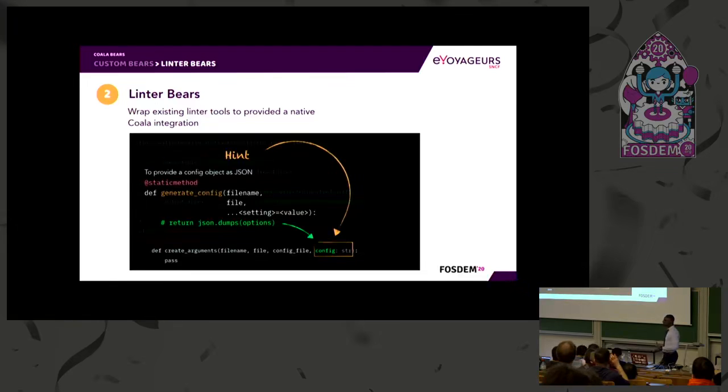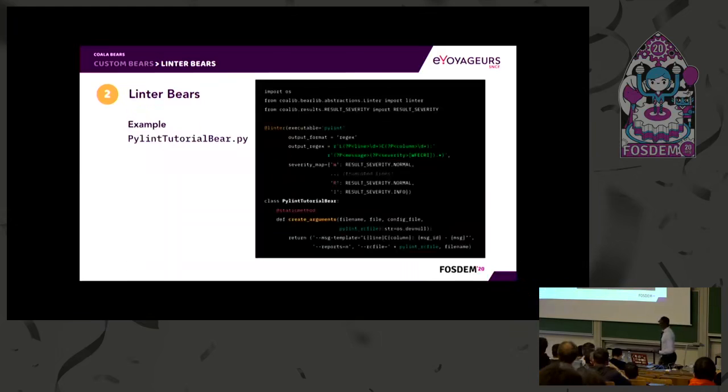If you have a tool with a highly configurable file, you can do everything in the generate config: produce the JSON you need to execute your tool, and it will be injected in the create arguments after that. Let's see an example to